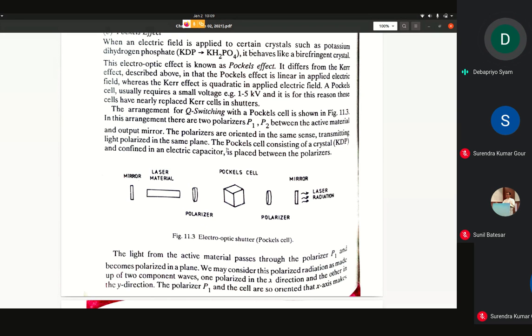Then when the flash is just going to end, remove the electric field applied across the focal cell, so its birefringent property vanishes, and then any radiation that passes through the focal cell does not suffer a change of direction of polarization, so it can pass through the analyzer, get reflected by the right hand mirror, and return to the lasing medium. In this way, a huge amount of stimulation takes place within the lasing medium,